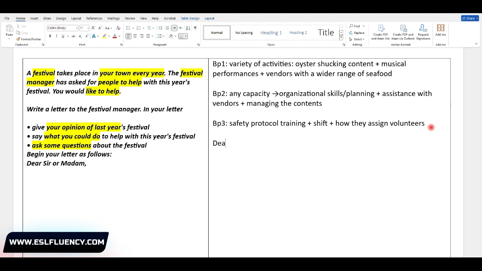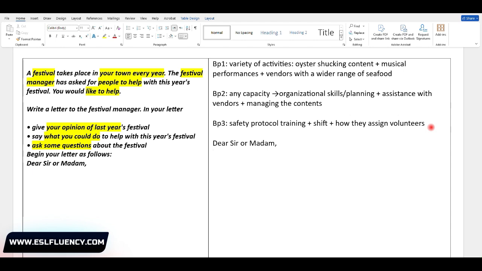Dear sir or madam. The first paragraph should be to introduce the purpose of the letter. First, you need to greet the reader and then write why you are writing this letter.